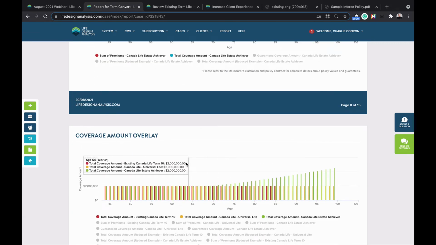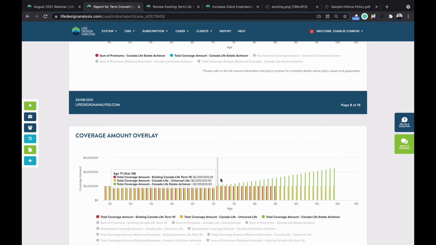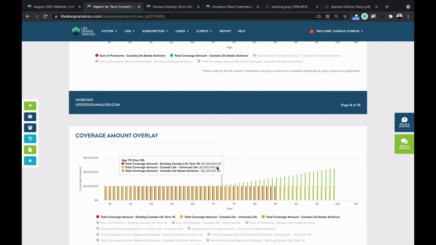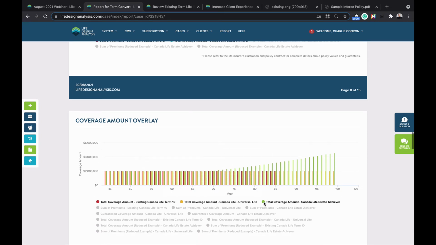We never have a deficit in terms of insurance benefit, and the goal is that the paid up additions buy out that YRT inside the policy. Then after the YRT is all refunded, I guess, so you're purchased out and replaced, you can see it starts to grow as if it were a paid up addition plan. And again, if you do things like the reduced amount, that's going to push that off. So here's kind of the